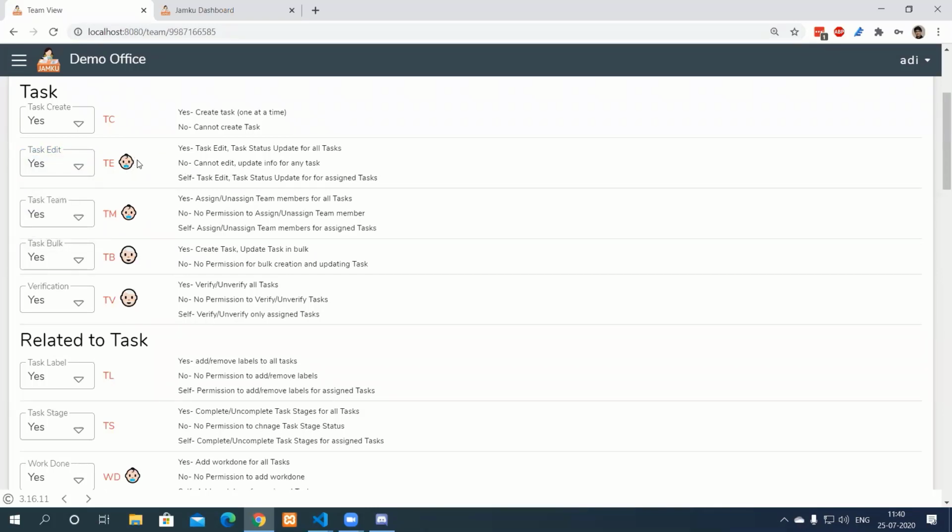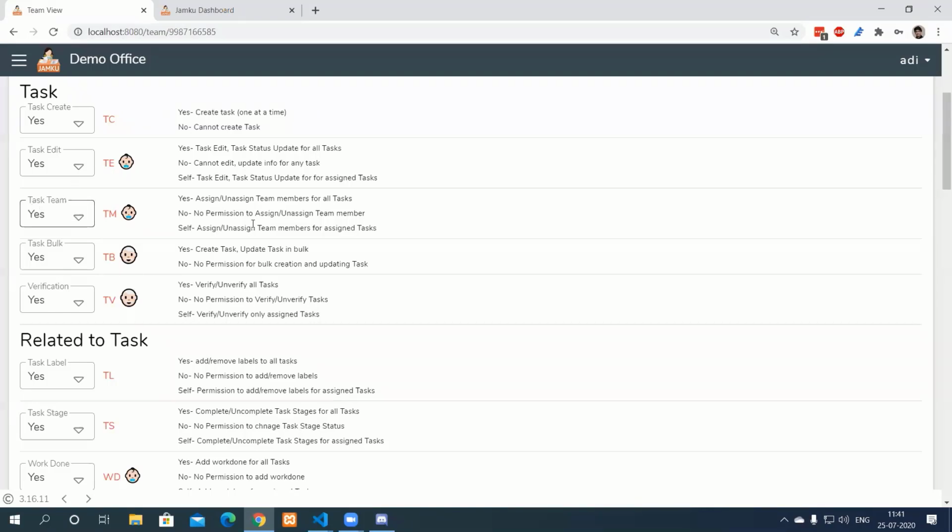Here we have further given some hints. So we have given a baby emoji as well as an old man emoji. What we are trying to convey using these emojis is that if it is a baby emoji, then you can give this permission to all the team members. You can be lenient about giving this permission. In case of an old man, you should be strict, and this permission should only be given to the senior most team members, or in case of smaller offices, even restricted to one or two team members. That's all. Don't give this permission to everyone.